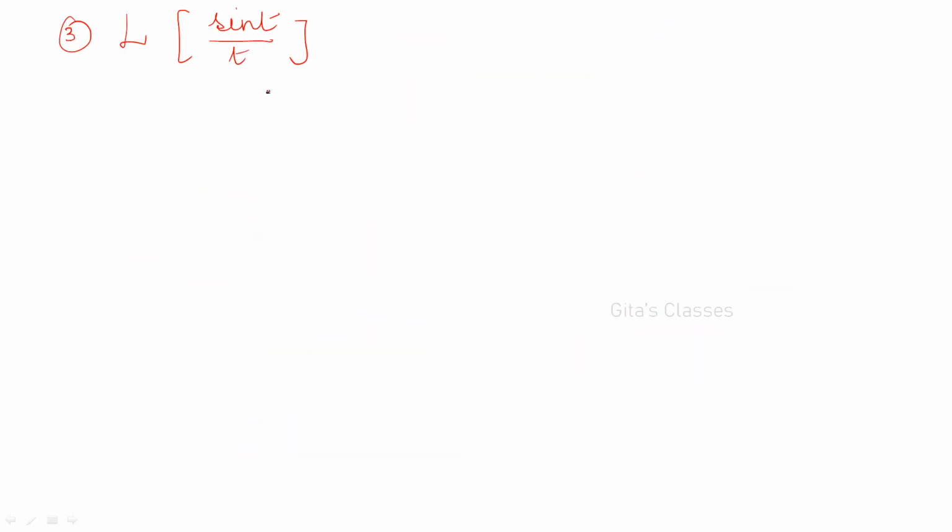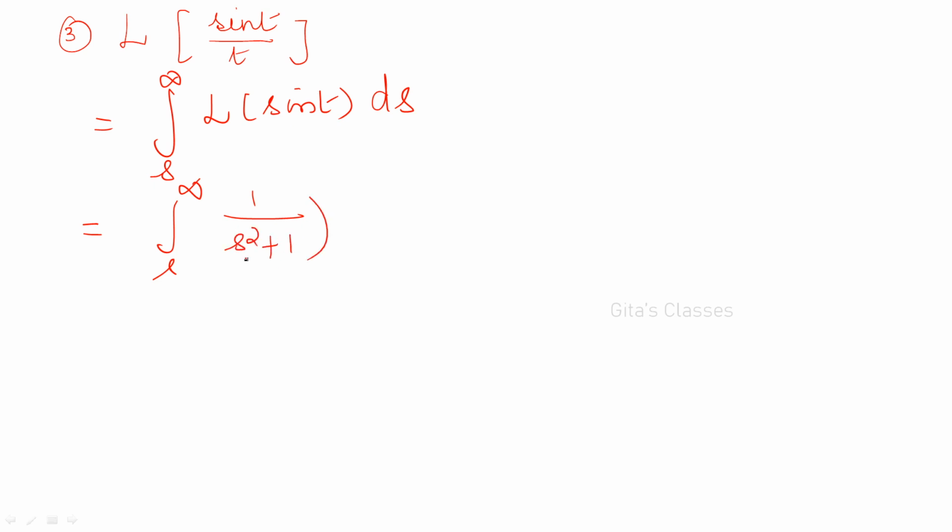Log of sin t by t. So what is the definition? What is the procedure? Divided by t means without that t, you find the Laplace transform of the numerator and integrate from s to infinity with respect to s. So integral s to infinity. What is L of sin t? L of sin at is a by s squared plus a squared. Here a is equal to 1. So 1 by s squared plus 1 squared into ds,